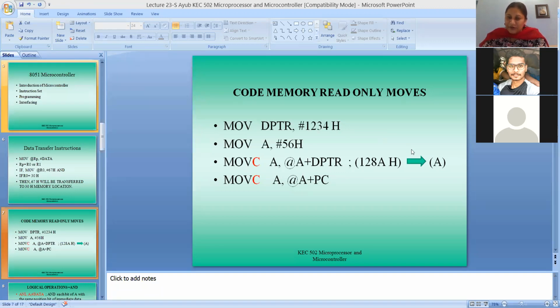Why? Because when you want to display the temperature, if you display it as F3 hex, nobody will understand. A layman will not understand that. If you tell somebody that your temperature is F3 hex, nobody will understand. But if you say that the temperature of the room or the temperature of the atmosphere is 40 degrees Celsius, then everybody will understand. So at the 20F3 hex memory location, you will save the value 40.